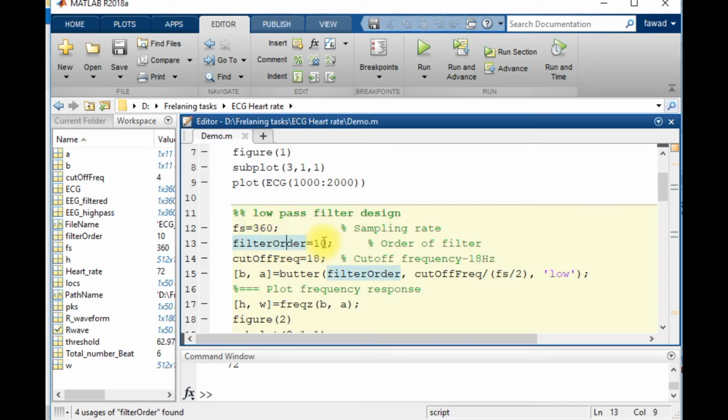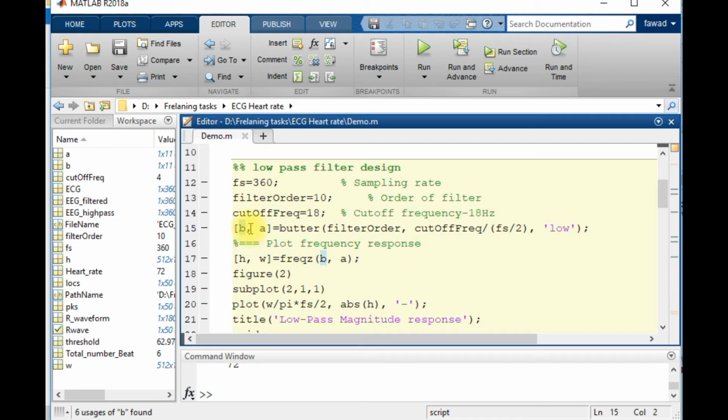Then I have generated a filter order. After that I have set the cutoff frequency, which is 18. Any signal below 18 hertz will be passed, and the other portion of the signal will be suppressed, removed, and filtered out. After applying these parameters to the Butterworth filter, I have got the coefficients of the numerator and denominator. I have plotted that filter